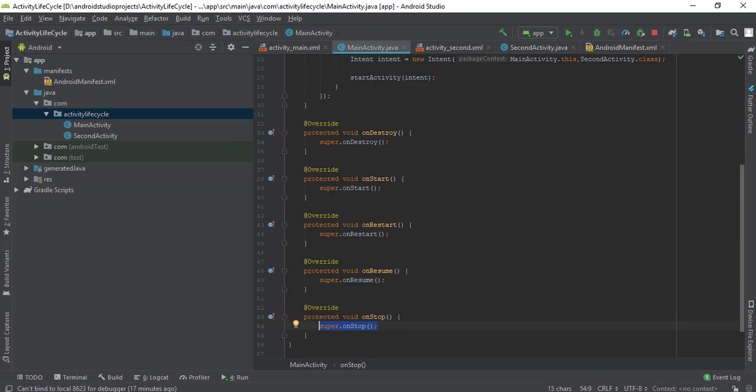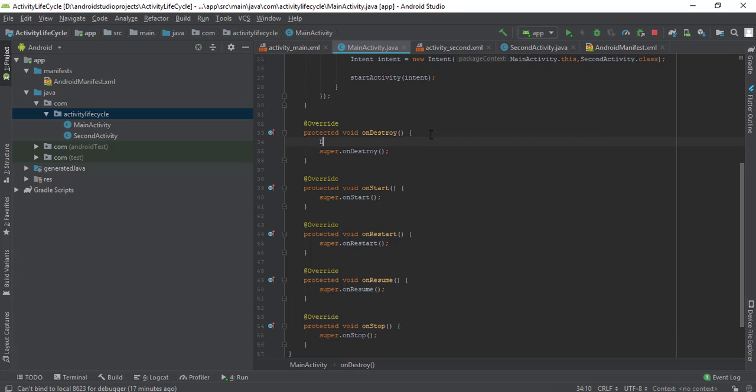Alright, so let's say I want to know when this function is called, so I'm going to create a log. Log is kind of information that provides me information about the current state of the activity or app. So let's say the tag is going to be state, and the message I want to show is that onDestroy is called,